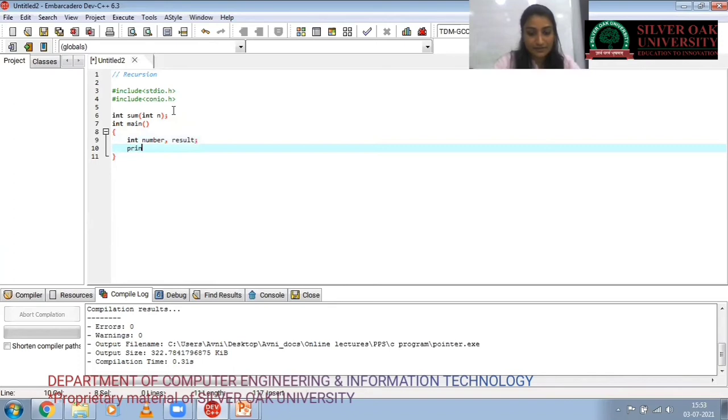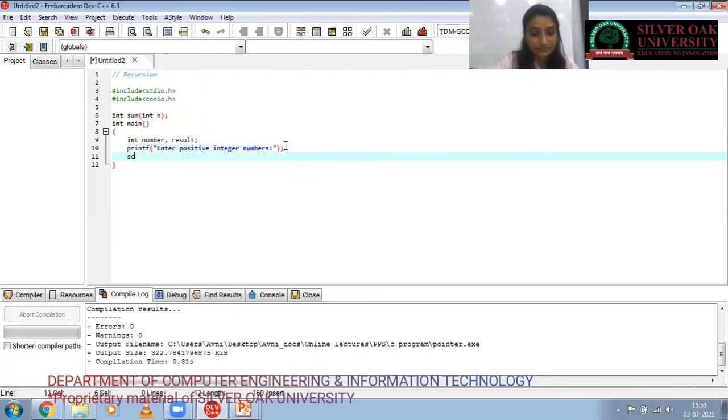First of all, we want to take the input from the user. So we print, for example, "Enter a positive integer number", and scan with ampersand number variable.